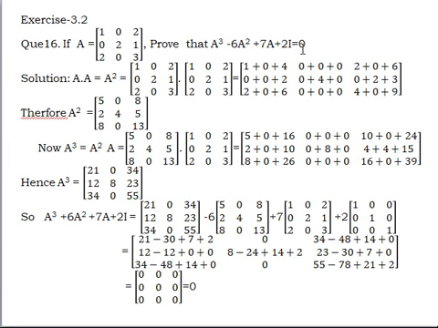So this is a simple application of matrix multiplication. Here first we will find A into A, that is A square. So we are multiplying these two matrices, the same matrix. When we multiply first row first column, first row second column, first row third column, here we get 1 plus 0 plus 4. Similarly, when we multiply second row first column, second row second column, and second row third column, we will get 0 plus 0 plus 2, 0 plus 4 plus 0, and 0 plus 2 plus 3.